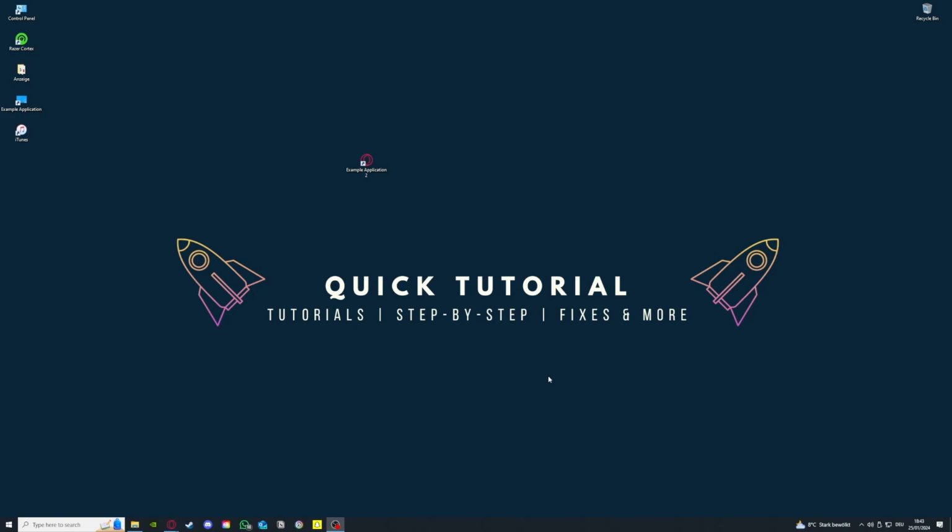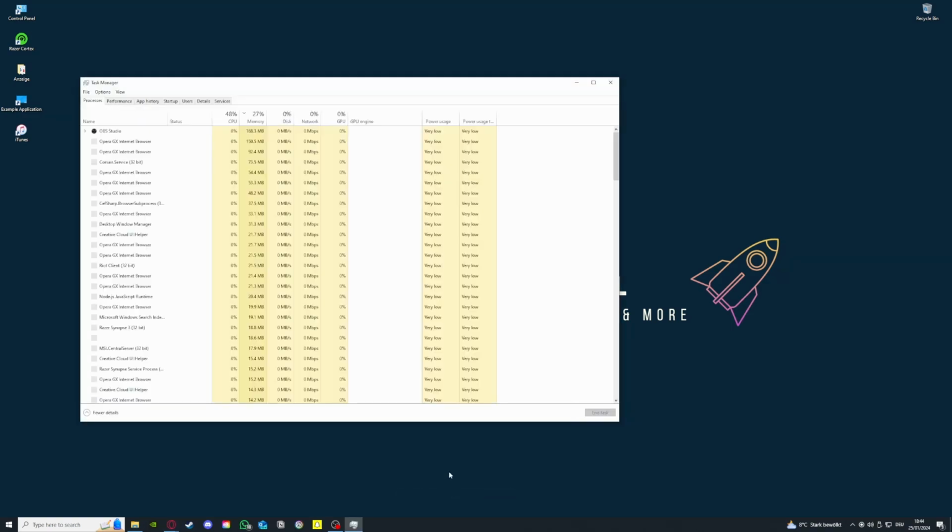Before we get into the video, I just want to say that I will show you some easy fixes that you might already have tried, for example, a restart. That's the first thing I'm going to mention, and later on I'm going to go into the more complex fixes which might help you prevent the crashing of the program. So let's start. First of all, I want to recommend you to open your task manager and check